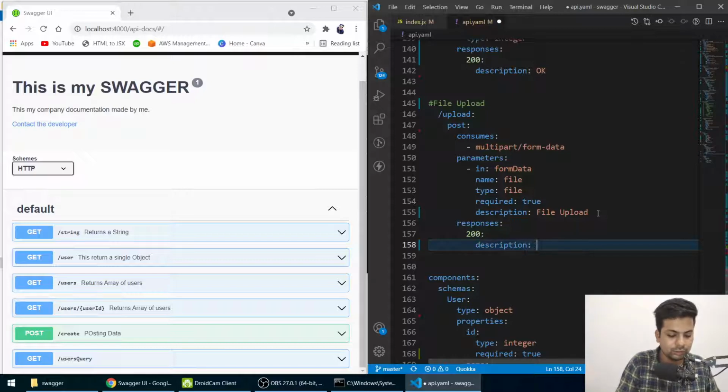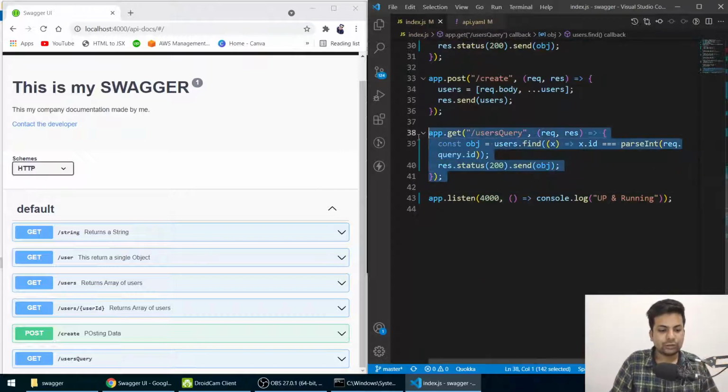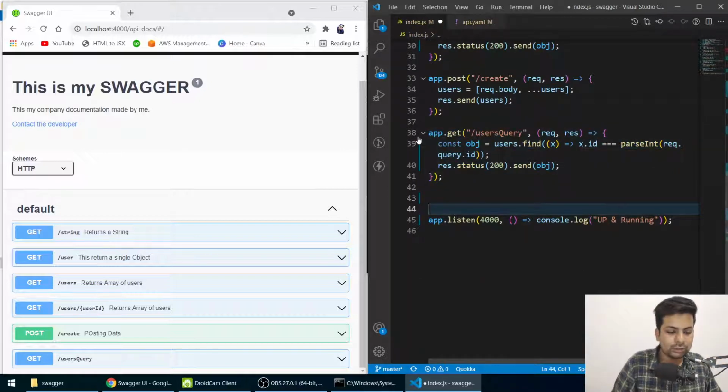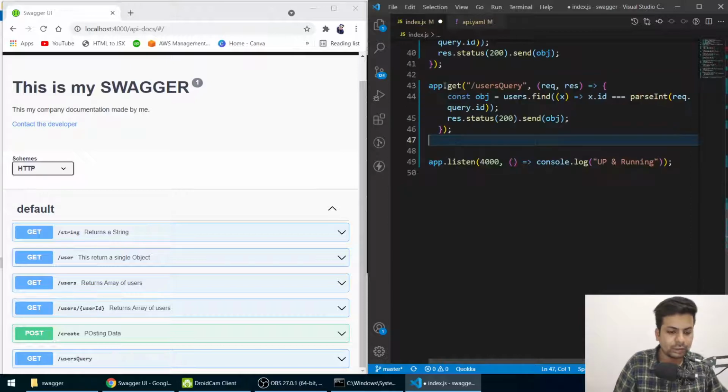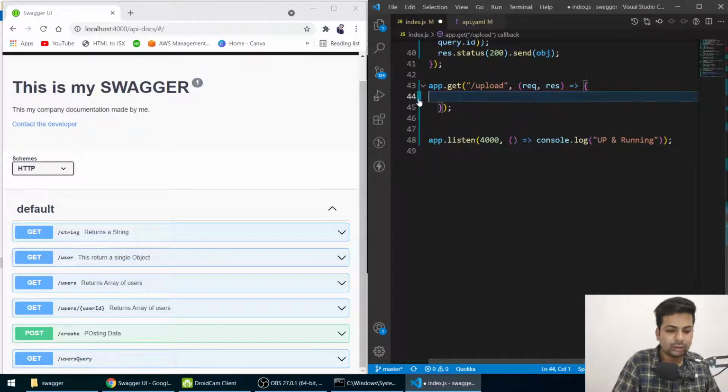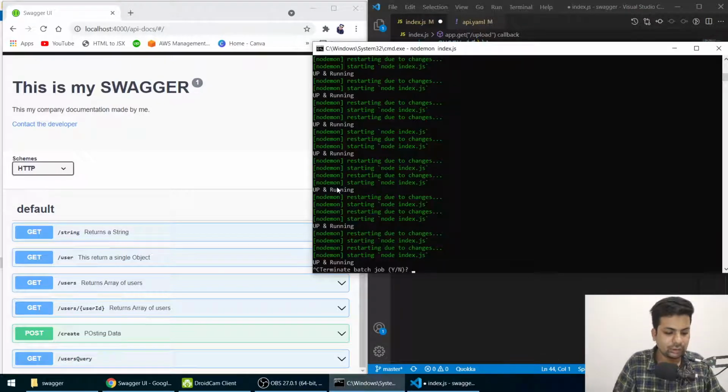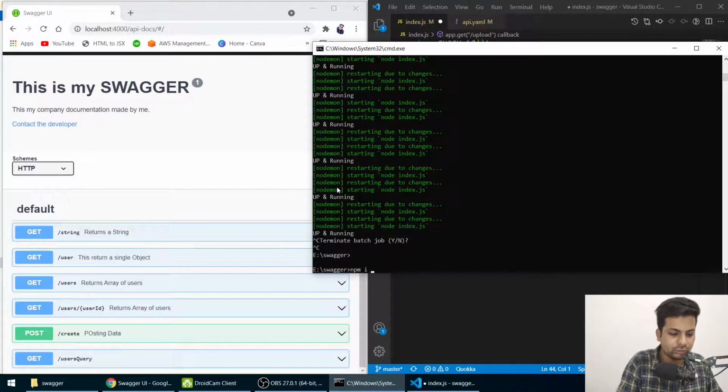So I'll say description. Okay. Now I want to catch the file also, so I'll just make a URL called upload. And in upload, let me just remove these things. So for uploading the file, we'll use npm install, and what we'll use is express-fileupload.